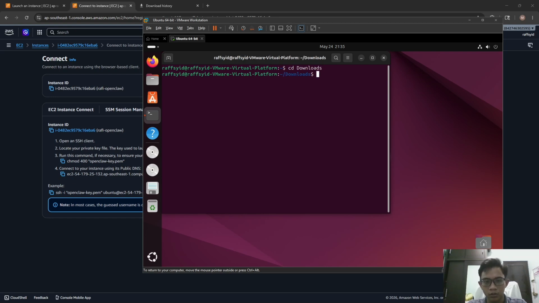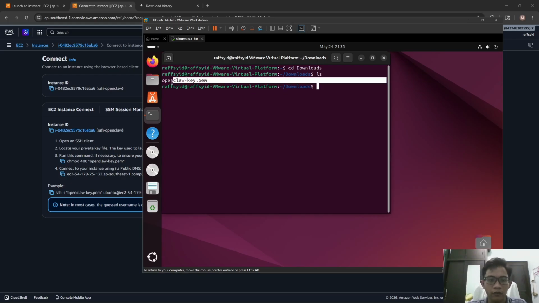Again, to see any file in this folder, we can type ls, and you can see the file in this folder is OpenClaw key.pem. So first, we will restrict this file so no one can change or write this file. The command is